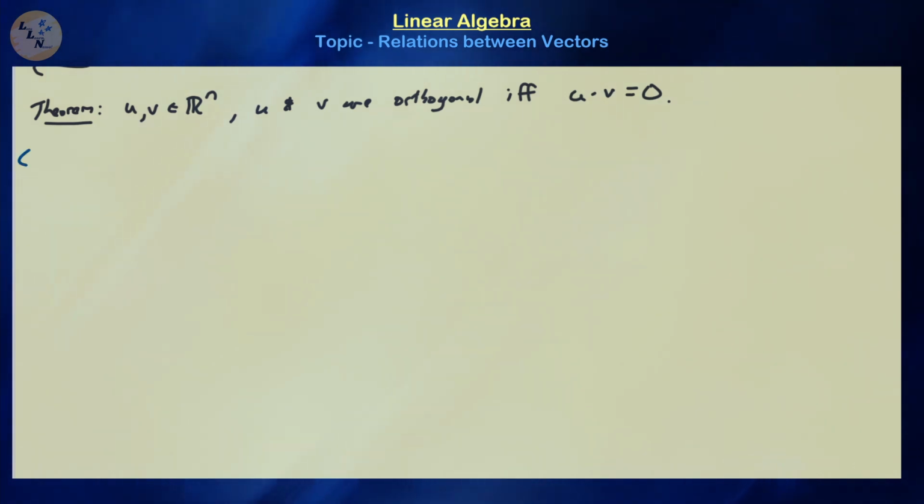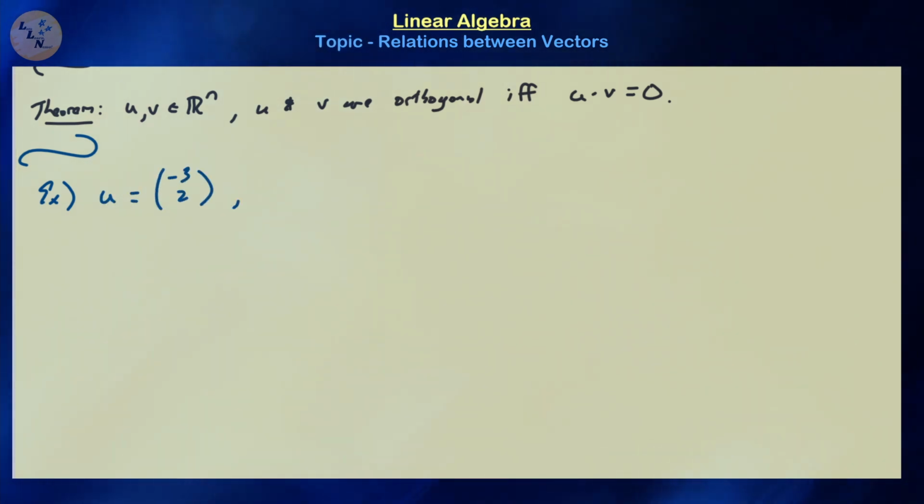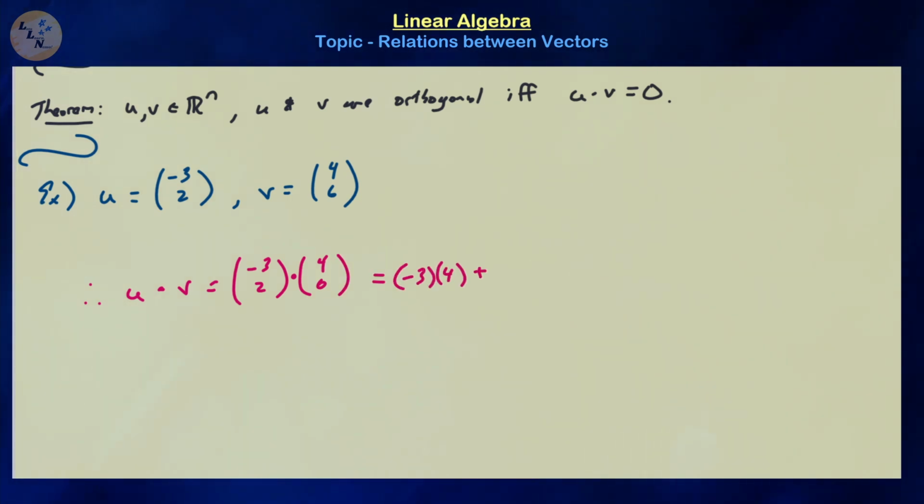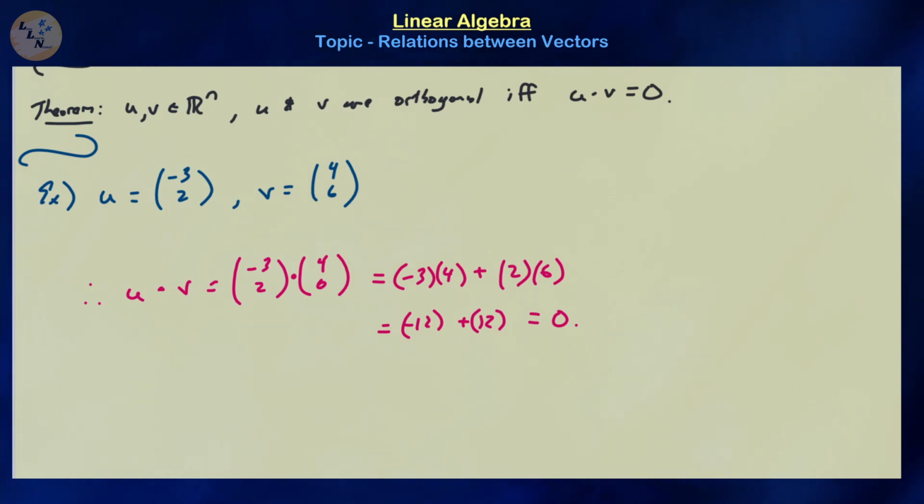Let's look at a numerical example to demonstrate what we mean by orthogonal vectors. Let u be the vector -3, 2, and let vector v be the vector 4, 6. Let's do the dot product between them. The dot product of u and v is the dot product between -3, 2 and 4, 6. That's -3 times 4 plus 2 times 6, which is -12 plus 12, which is equal to 0. Since the dot product between these two vectors is 0, that means u and v are orthogonal